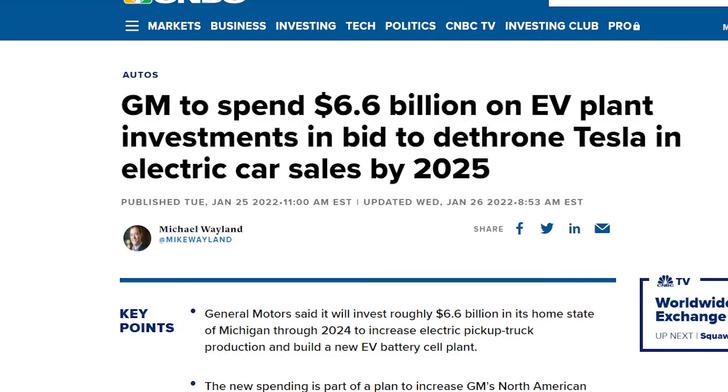The GM stock price has been doing considerably well in the last couple of years, and GM has invested a lot into electric vehicles. But as you may know, Tesla is still the leading one, but on this day we are going to be looking at both of them,